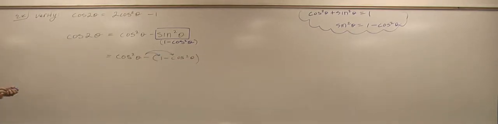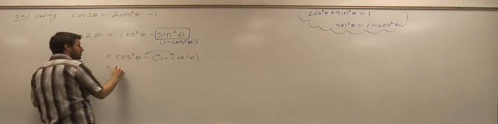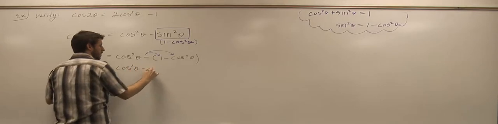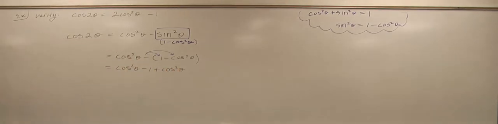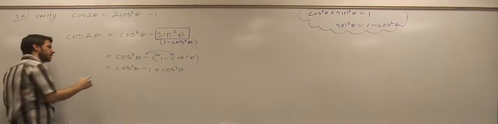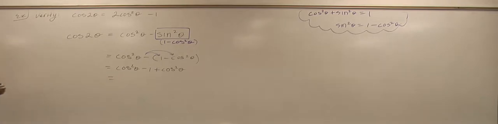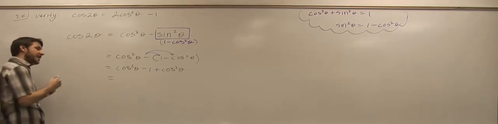And then when you do your small amount of algebra here, you distribute out that negative and you see that you have a cos squared plus a cos squared, which is 2